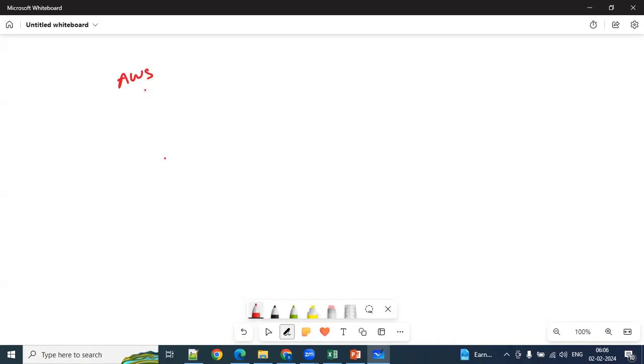If you take the AWS data engineering services, let's consider AWS has an ETL tool called Glue. This Glue is also using PySpark in the back end. When I say PySpark, you consider it as Spark only.